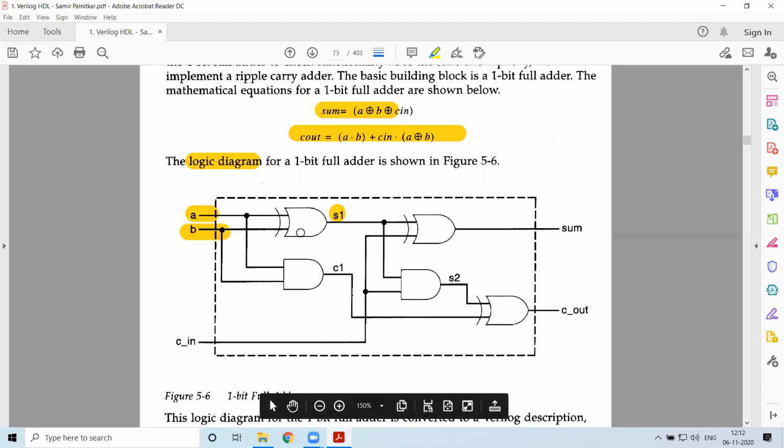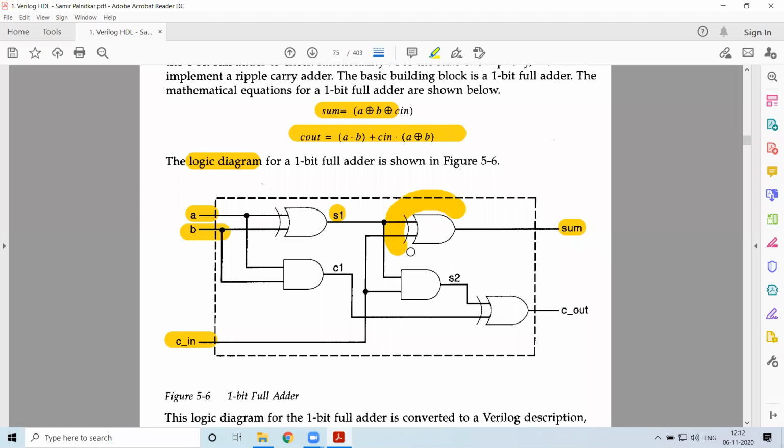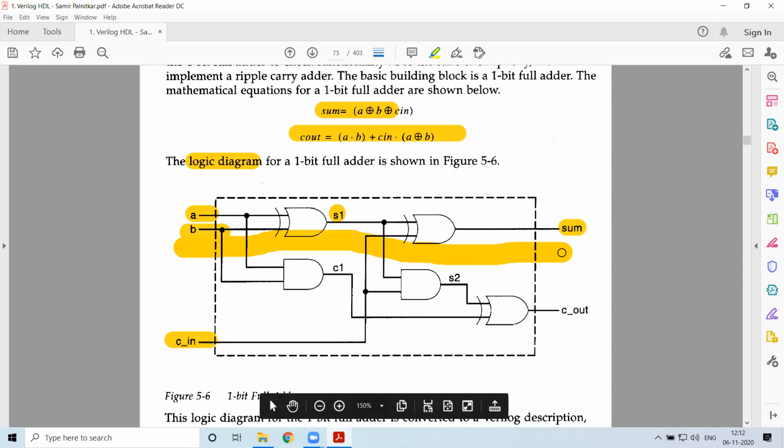So A XOR B gives you S1, and S1 XORed with Cin gives you the overall sum. That is this gate. This is how you interconnect using wires, as you would on your breadboard. So sum will be obtained by building this circuit of XOR gates.